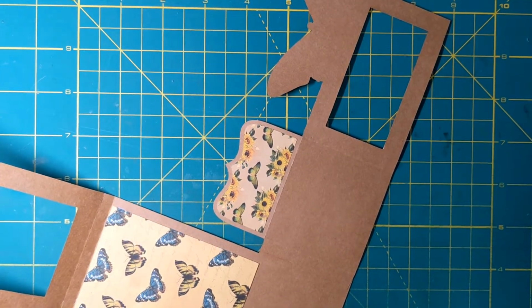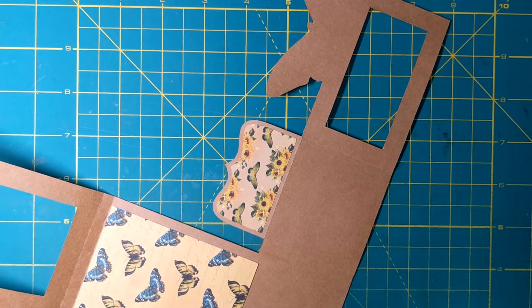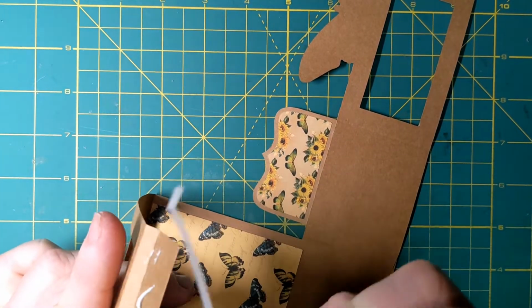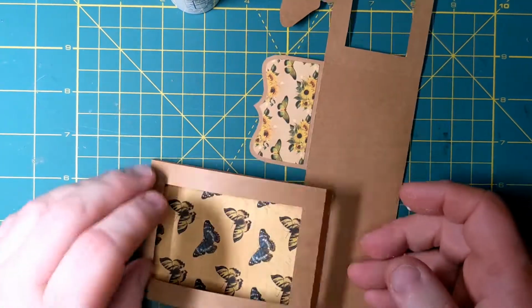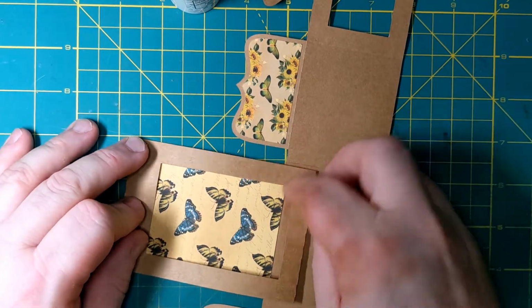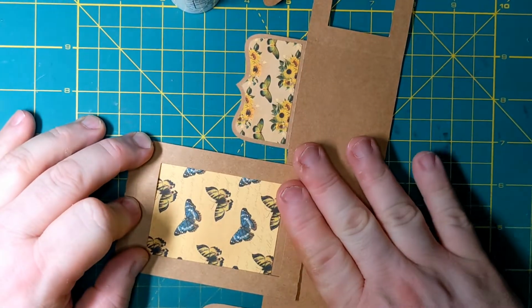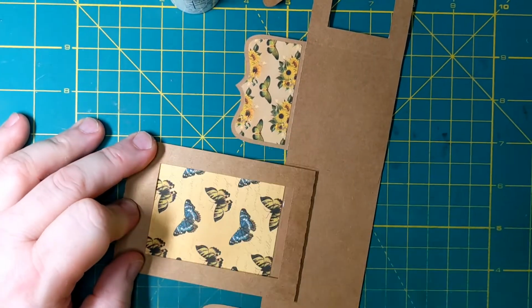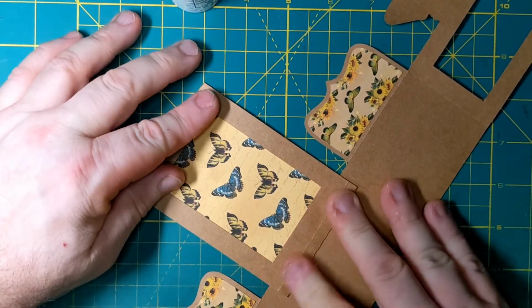Dog wanted in. Okay, so I'm just going to put a little glue here. And then just try to fold this down right on there. Just hold it like that. Okay, now that's going to be like a frame,